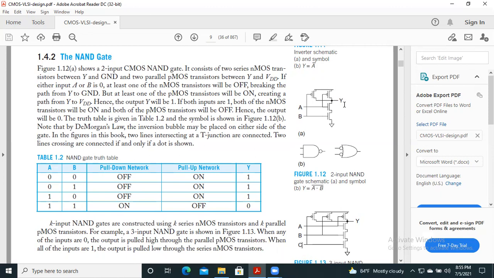Hence the output Y will be 1, because the VDD point and the output point Y will be the same point. If both inputs are 1, both of the NMOS transistors will be on and both of the PMOS transistors will be off. Hence the output will be 0.